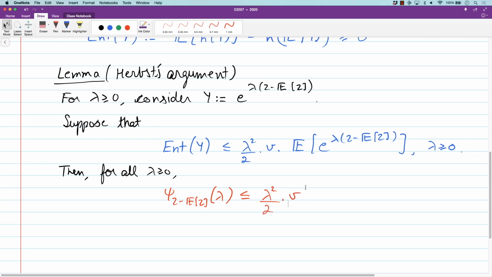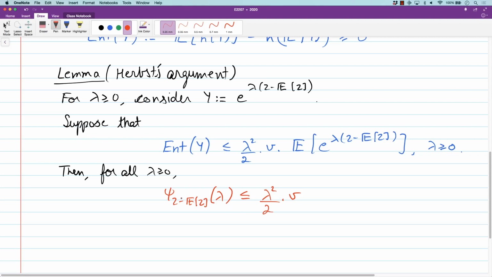This is Herbst's argument, essentially the generalization of the claim that we have seen earlier. But what's very interesting is that it has given us a way of establishing, if this claim is true, which we'll show now that indeed it is true, a way of deriving a